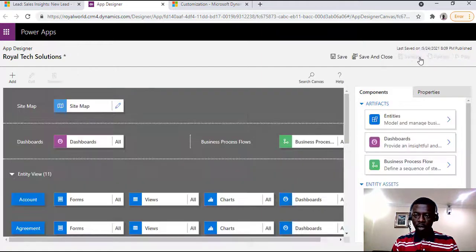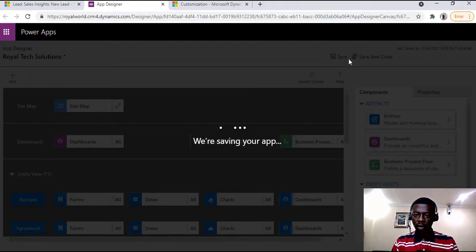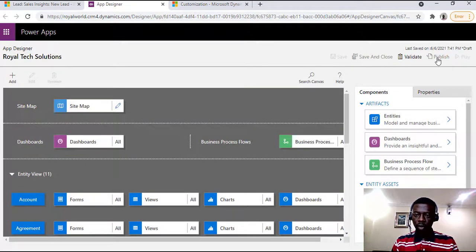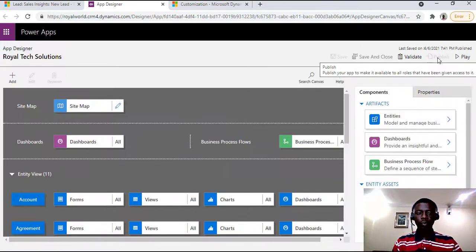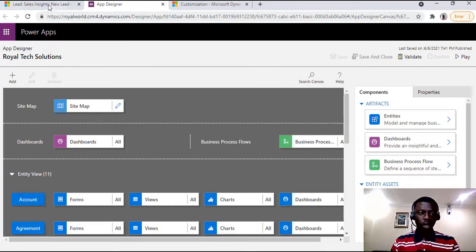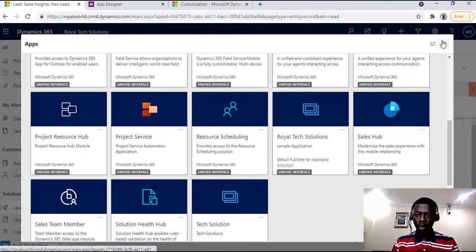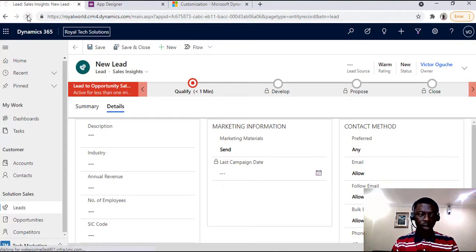Then we could save and close. Then on this end, we'll save also, publish it. So now when you go back to our app and you refresh,